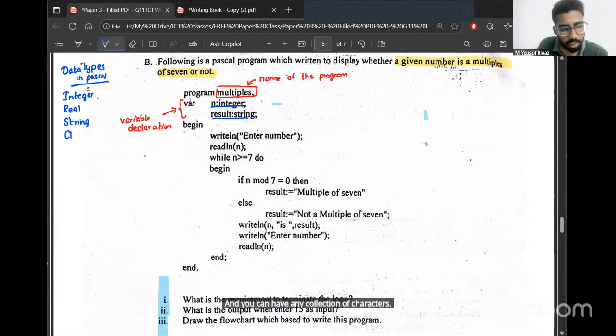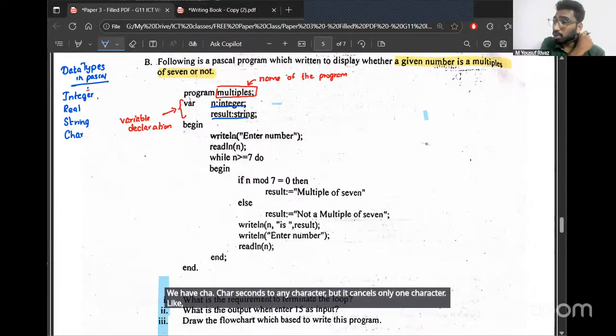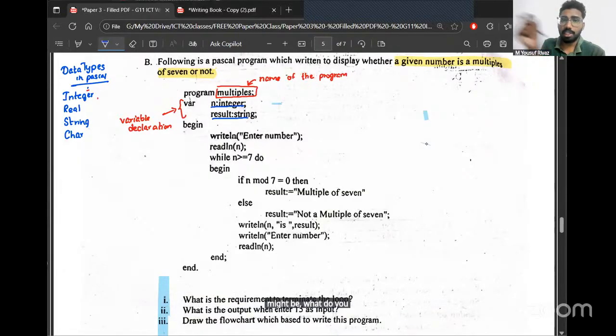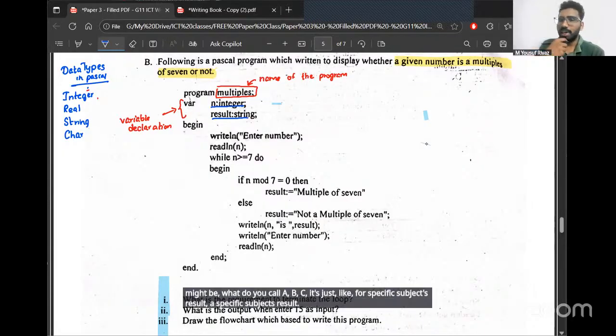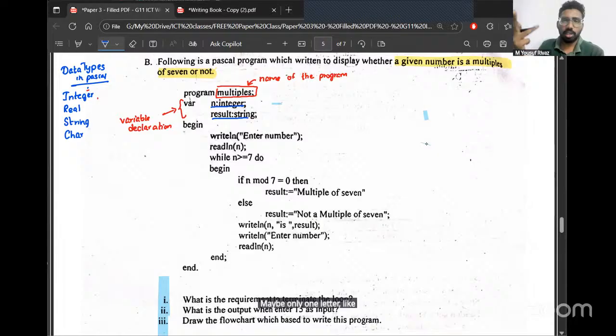We have char, which can store any character, but only one character. For example, a specific subject's result will be only one letter, like A, B, C, S, F or W, so in those cases you might use char to represent that data. And then we have Boolean to represent true or false values.